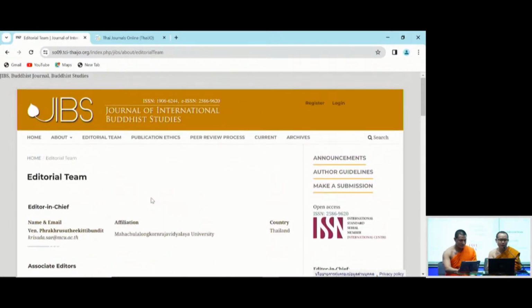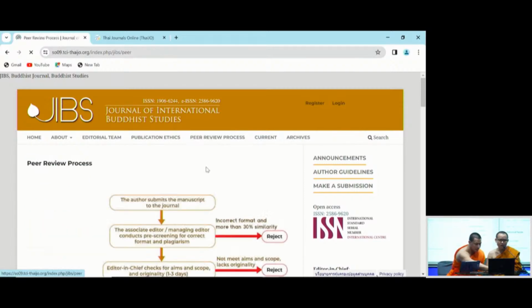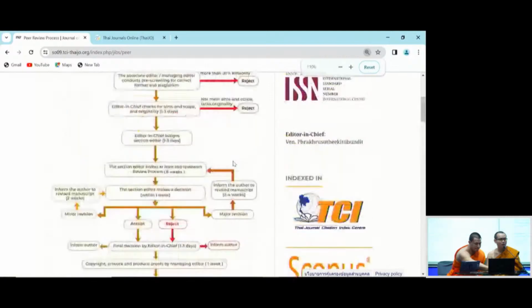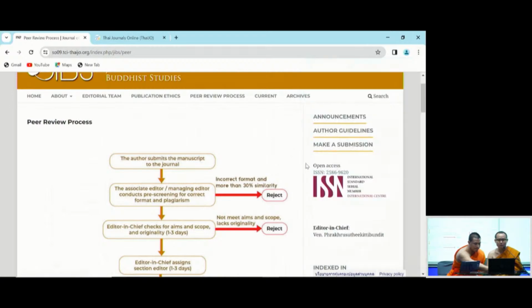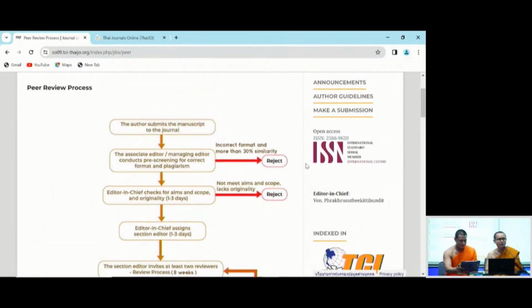And for the students, when you want to submit an article to JIPS, you should consider the peer review process first, because time is most important for the student. When you want to finish the PhD or MA, it's hard to manage the time to finish your education, and publishing an article is one of the things needed for finishing your education. So for JIPS, normally we have 2 months to publish your article, and now we try to help the students, help the authors, to finish